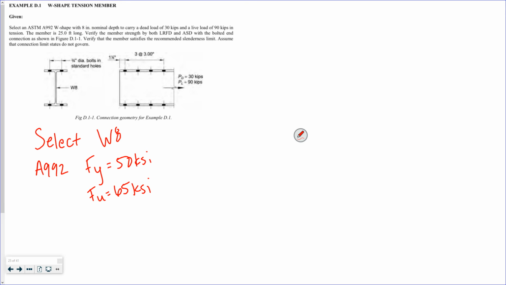And I need it to carry a dead load of 30 kips and a live load of 90 kips, and it's 25 feet long. We're gonna ignore the ASD. We're just gonna use LRFD. And we've got to assume that the connection limit states do not govern, so we're gonna ignore block shear. So first,